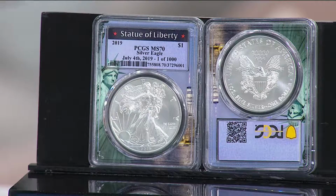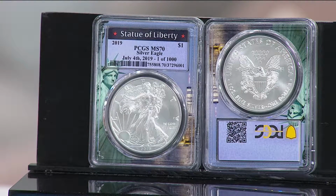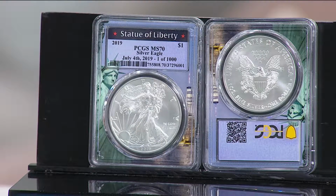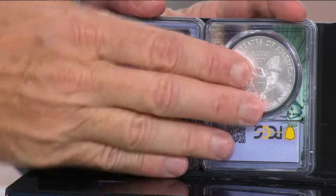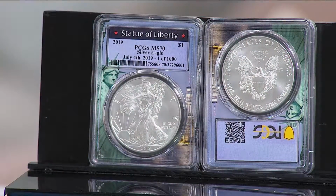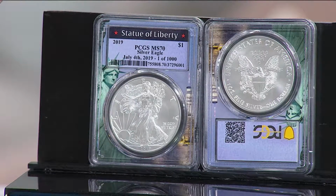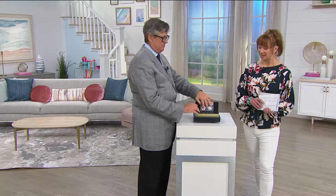Whereas HSN, we've been here for several years now. 42. 42 of them. The vast majority of those years, there has been a coin show here. I've been here for almost half of those years. And so when you have that longevity, where you have that standardized, trusted source to be able to get your numismatic coins, where we have the ability to bring you unique coins at unique prices, where we can guarantee you exclusivity and limited edition, that's why you buy your coins here. You do indeed. Remember, $39.98, a good portion of these are already spoken for, so ours exclusively as long as supplies last. Backed by